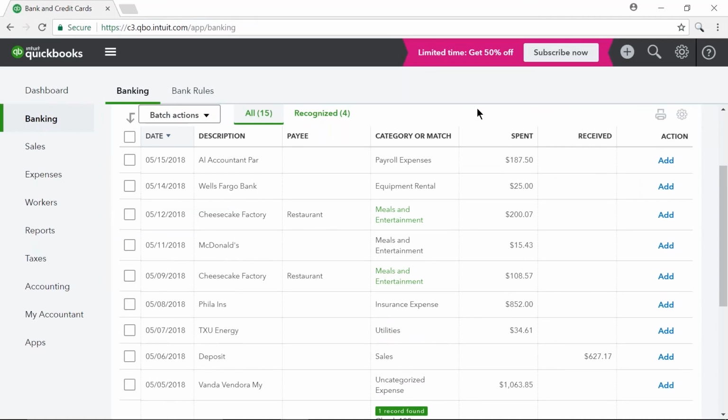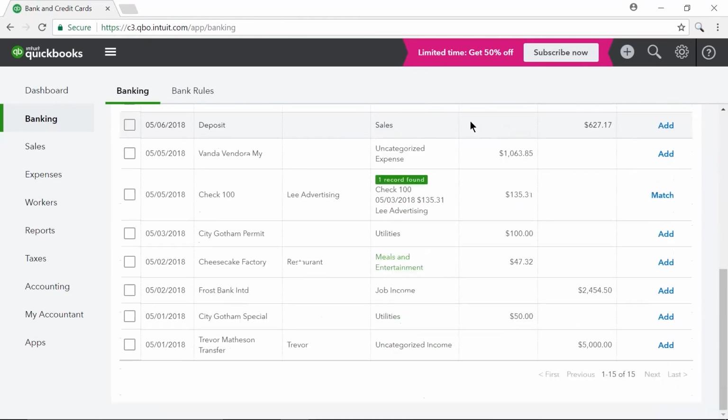But you might be wondering, what about that check that we entered earlier? How does that get entered? Because, of course, we've already entered it manually. How does QuickBooks deal with it once it gets cashed and it downloads that transaction? Well, you might be worried about it being counted twice. It's a common concern. If I scroll down here, we can see a record of something that was downloaded on